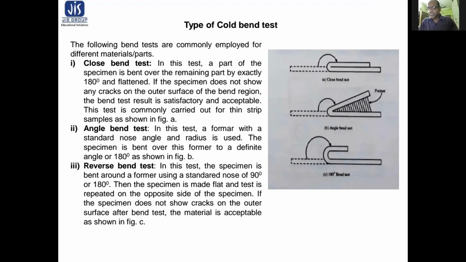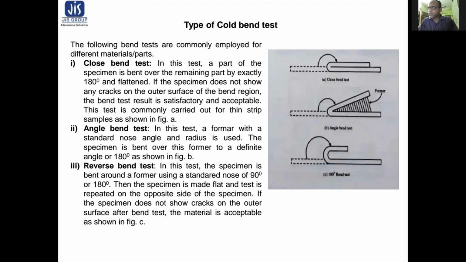Many existing specifications require 90 degree, 120 degree or 180 degree bends for a prescribed specimen around a mandrel or hemispherical punch of a given diameter. The size of the mandrel or punch depends upon the thickness of the specimen to be tested. The test specimens are usually rectangular in cross section with rounded edges.